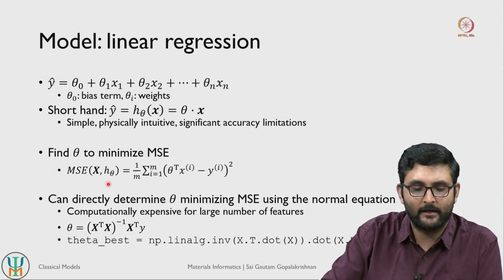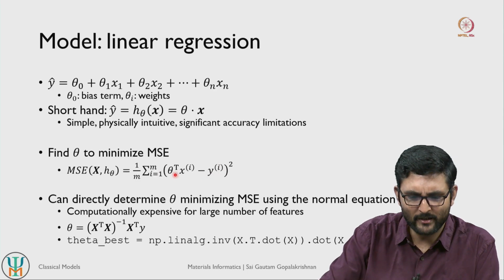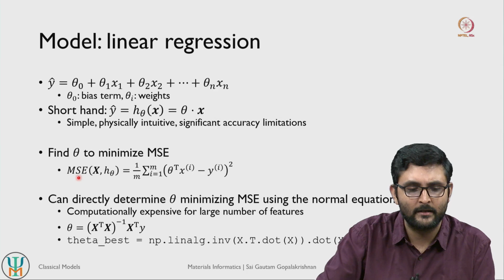So how do we define mean squared error? For any given set of features and weight terms, theta transpose times x, right, this is basically your dot product here, theta dot x. These are your set of predicted values for any given x, and y of i is basically your set of target values, right. So you take the difference and square them, and average over the total number of data points you have. So that's your typical definition of mean squared error.